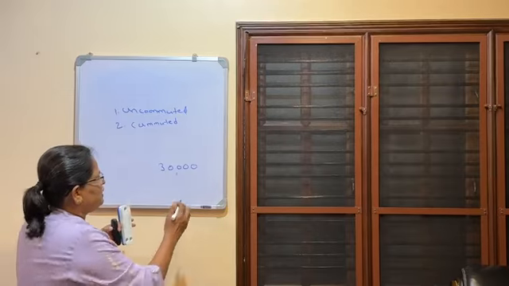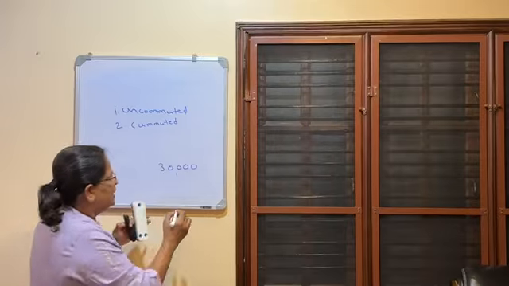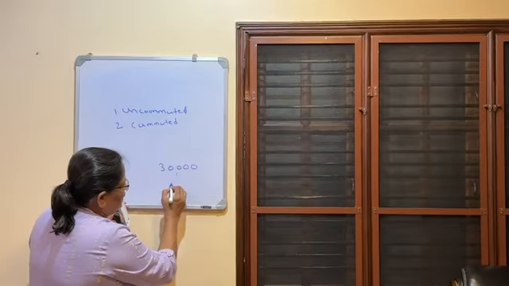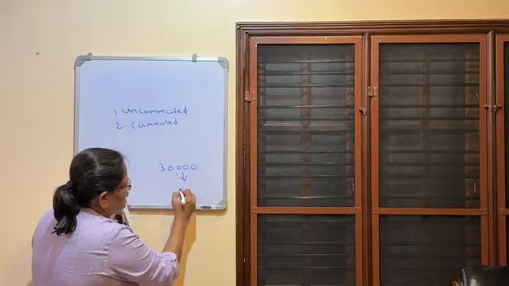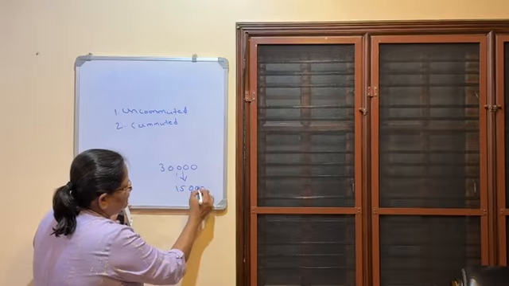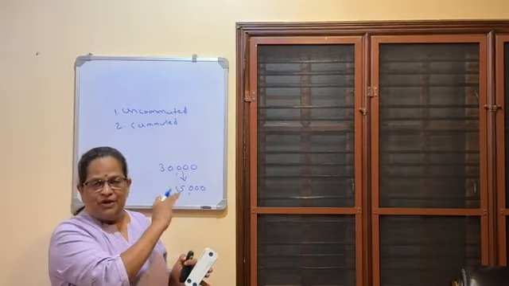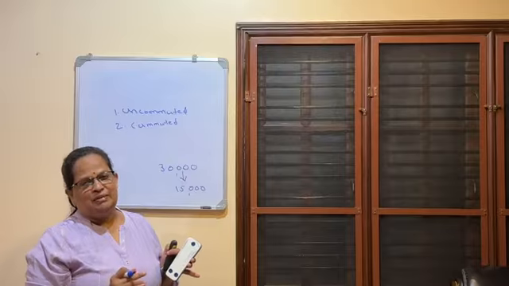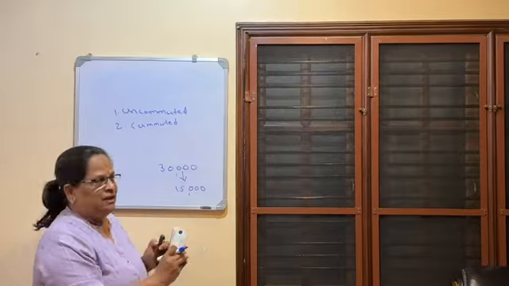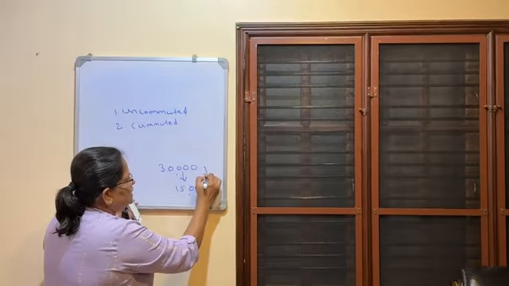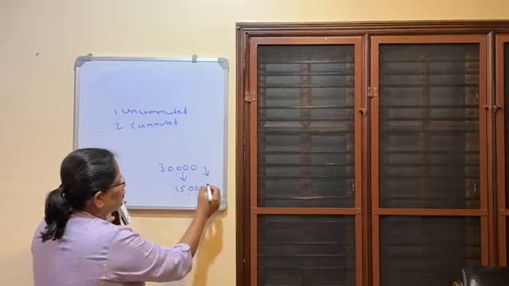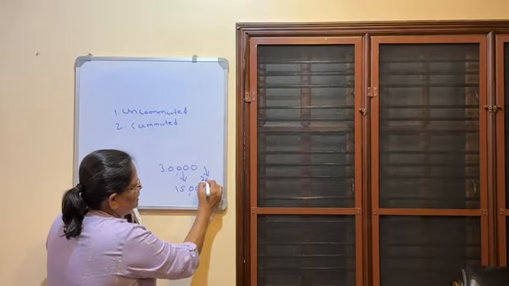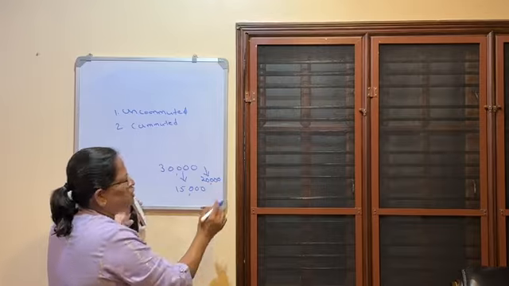Say for example, 50% of the pension is commuted. That means you will get a lump sum amount, plus your 30,000 pension will reduce to 15,000, because you commuted 50% and received the lump sum amount. If you are commuting 1/3, then your pension will reduce: 10,000 is commuted, and the balance 20,000 will